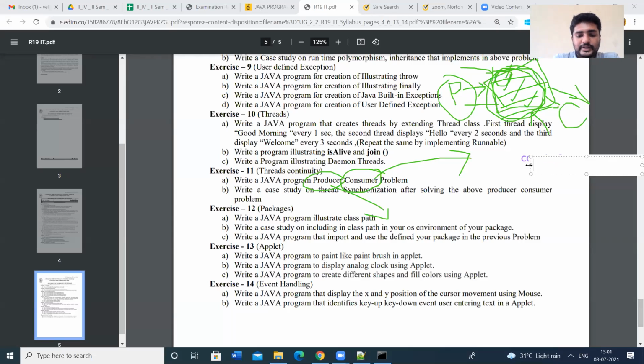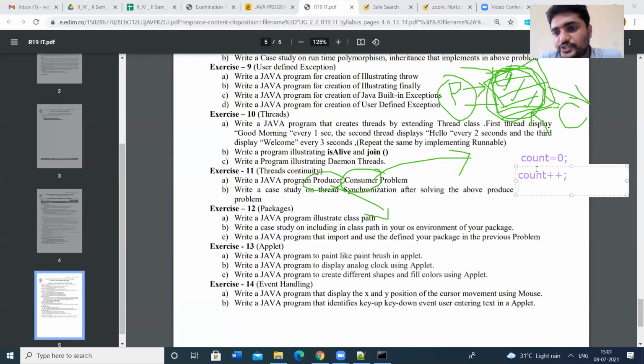While coming to the producer, whenever the producer adds an item to the memory, the count value has to be incremented. Whenever the consumer consumes an item, that means one item is removed from the shelf. That means it makes some space.